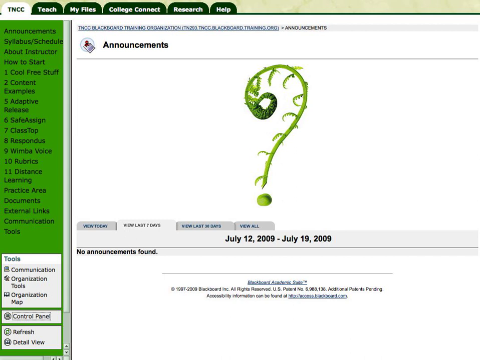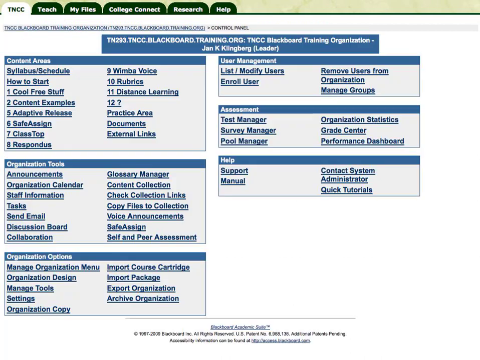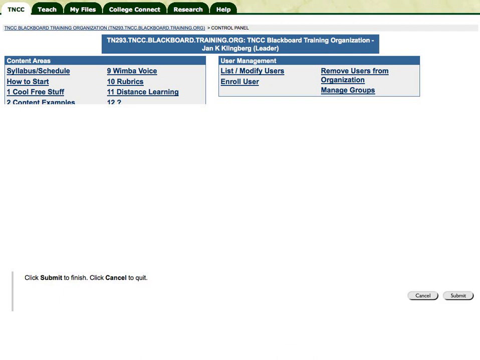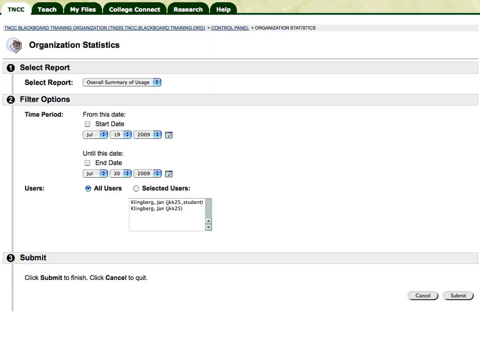So let's begin by going to the control panel of the course and look on the control panel in the assessment area where it says course statistics. Now if you're doing an organization, it'll work the exact same way. Okay, so we're going to click on course statistics, and there's a drop down that will allow you to choose